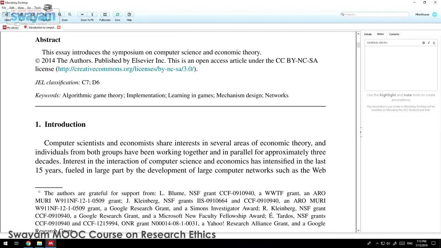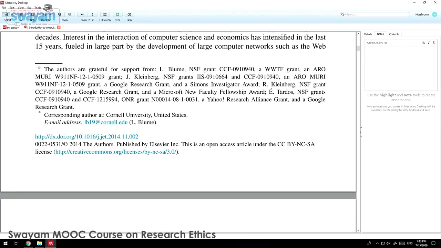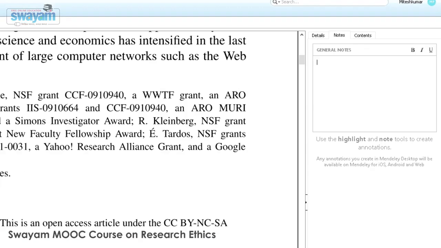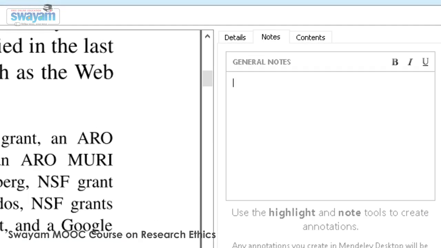You can read the abstract, read the entire article, and you can mention here the certain things which are mentioned in the article. Suppose you are doing the literature review, you can write it accordingly.